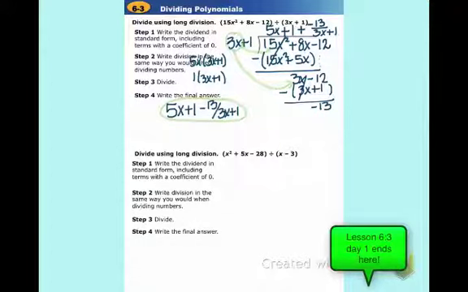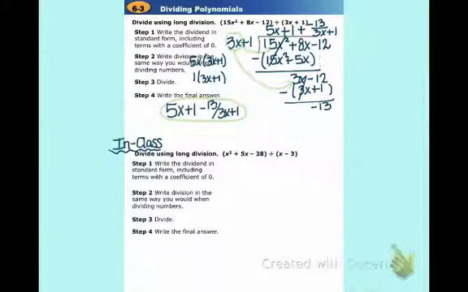Now, because some of this stuff can be tricky, instead of doing the next example as a you-try, we're going to do this one in class together when we meet again. So we're going to label this one as an in-class example, and we're going to simply move on to the next page, and look at another way to divide, which is called synthetic division. So let's go ahead and turn